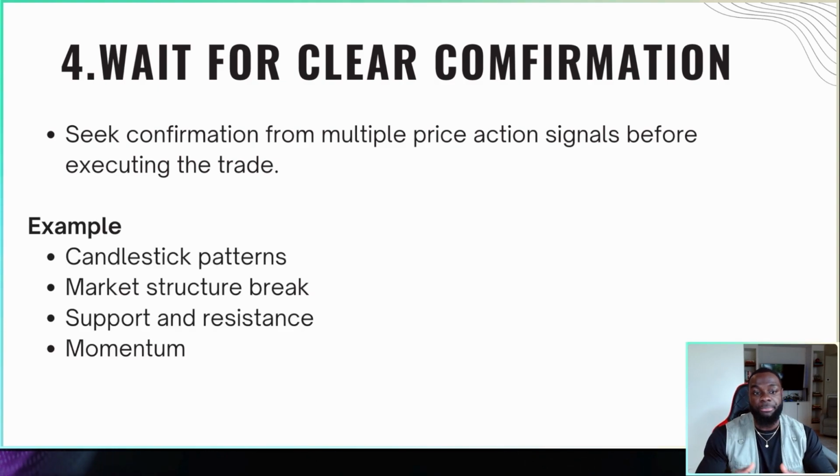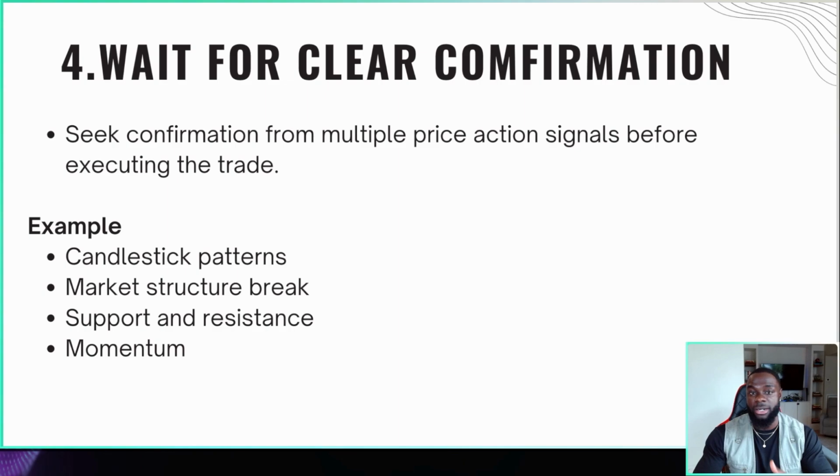And clear confirmation can be a candlestick pattern, maybe an exhaustion that you look for, or a reversal candlestick pattern, a market structure break, which is one of my favorites. Support and resistance is there as well, but it should be paired with something else like candlestick patterns or momentum. Momentum is the speed at which price is moving in a particular direction, and momentum essentially gives me a lot of clues, because when price hits an area of interest and I all of a sudden see the change in the candlestick pattern, the change in momentum, price is moving in the other direction, it makes me realize, okay, this level is holding.